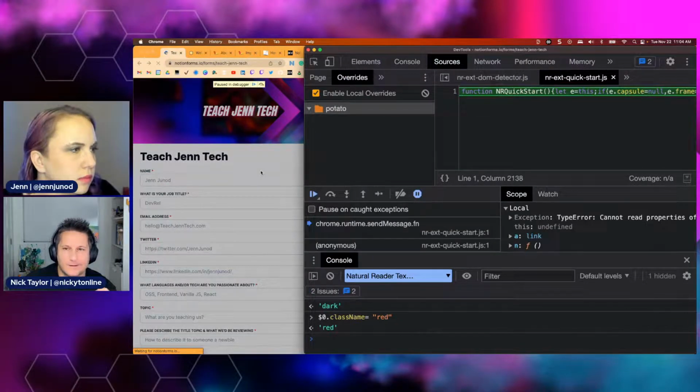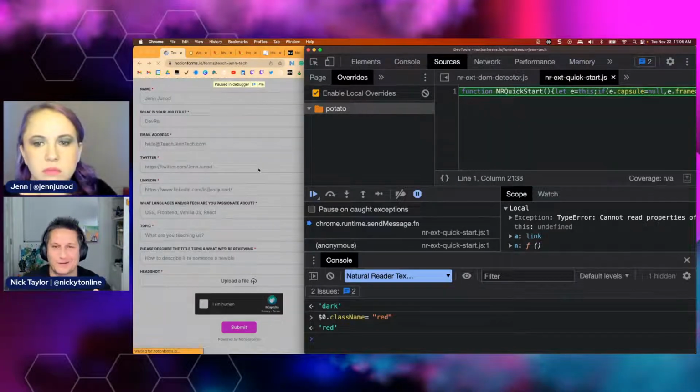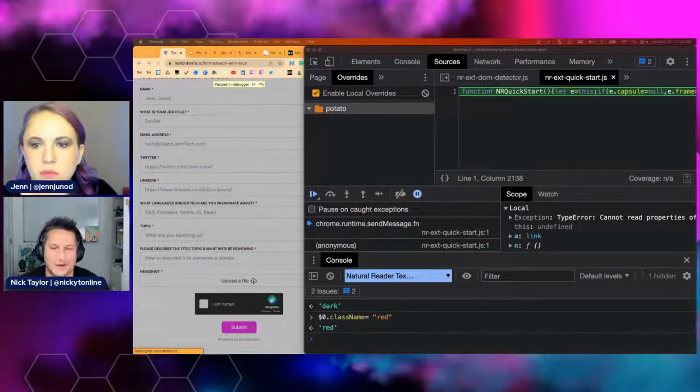Weird. I pause and wonder if there's something in the site that's trying to debug. That's really weird. Okay, let's just refresh it. I don't know why the debugger keeps going, but